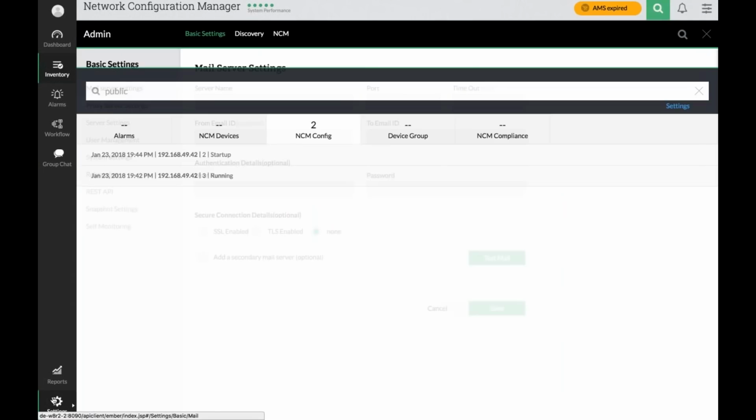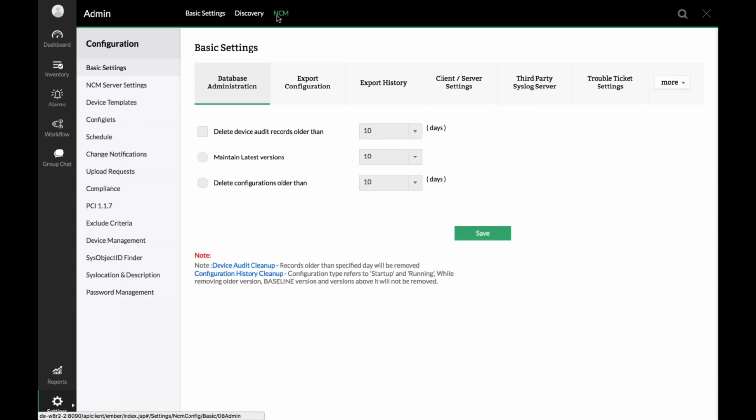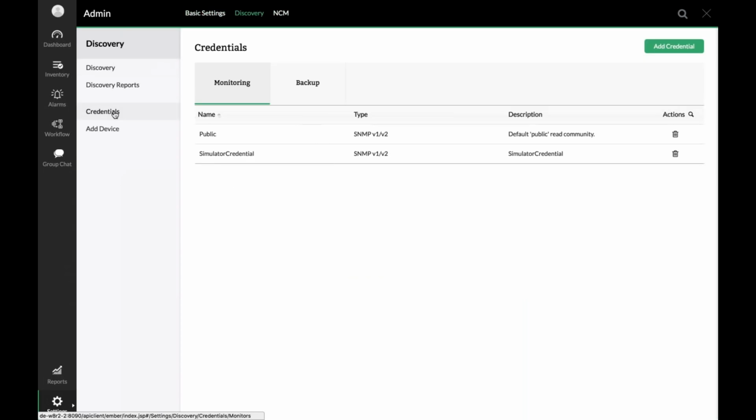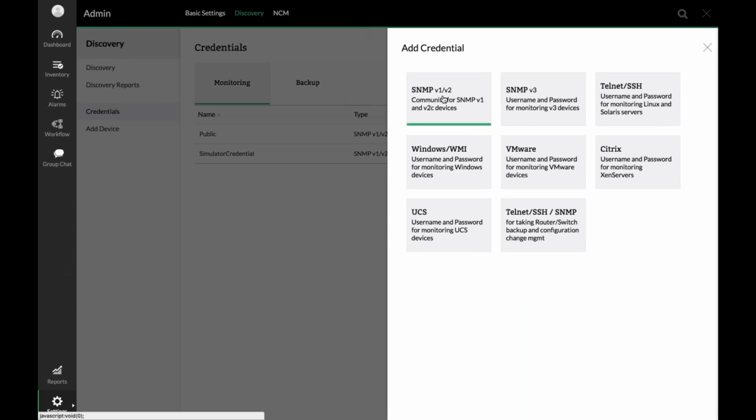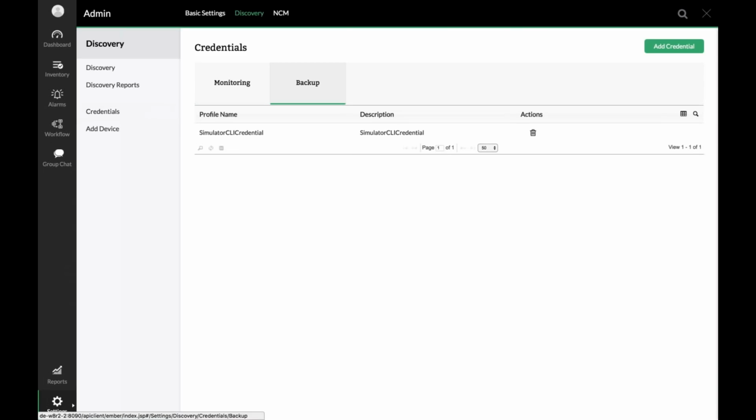You just go to settings and go to discovery. Here we have credentials. Here we have two credentials: monitoring credentials and backup credentials. In the monitoring credentials, you can create the SNMP credentials to discover the network devices. In backup credentials, you can create credentials to back up the devices.